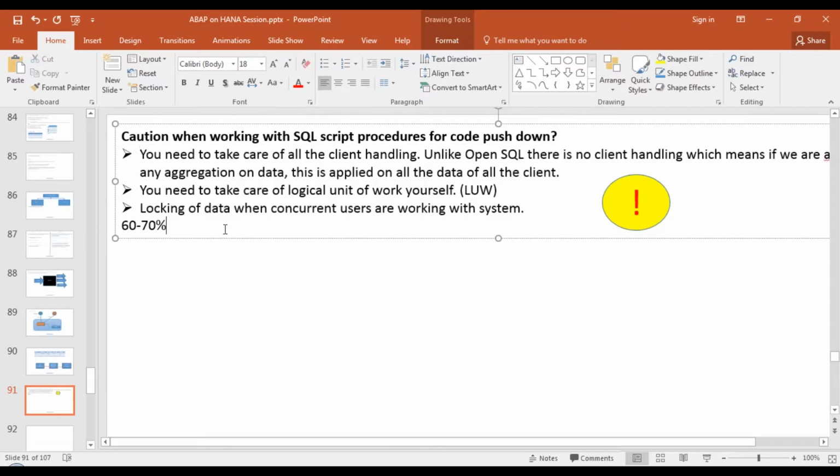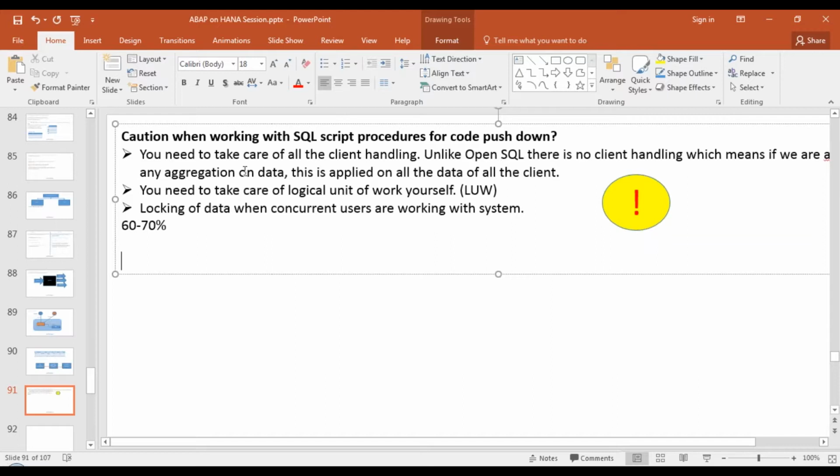And of course, the drawbacks of scripted procedures or scripted code when you're doing a code pushdown, the disadvantages of using SQL scripting. Big power comes with big responsibilities. Here you are getting big power, but you have a big responsibility to make sure that you don't disrupt your system.